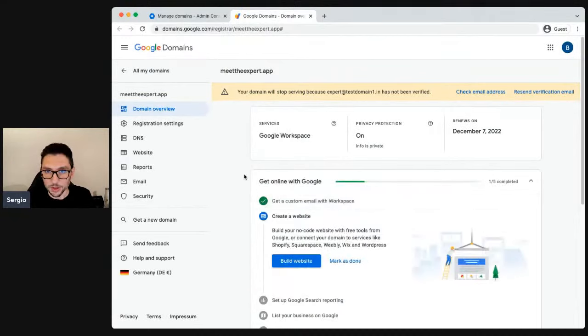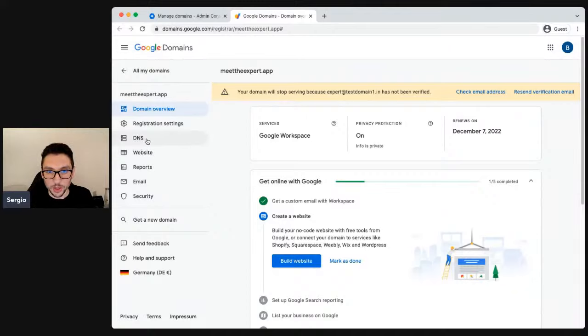Perfect. So this is the Google Domains console, and here we can see that I need to verify my secondary email address. Also, here we have some other details about the domain registration. From the left menu, we can go to the registration settings. We have DNS options. We can also set up our own website with this domain name.